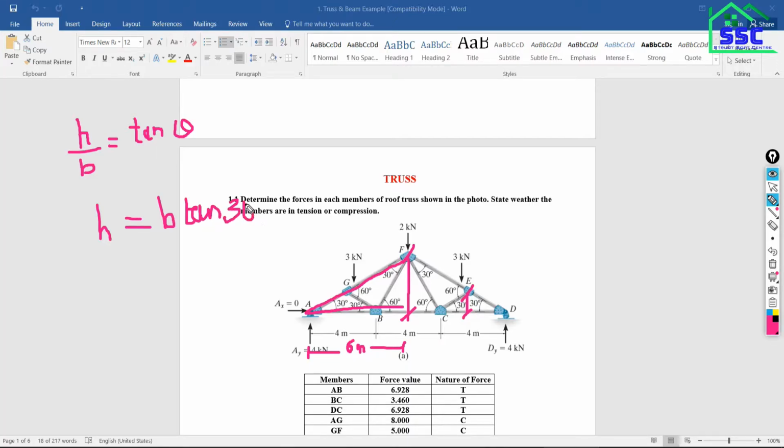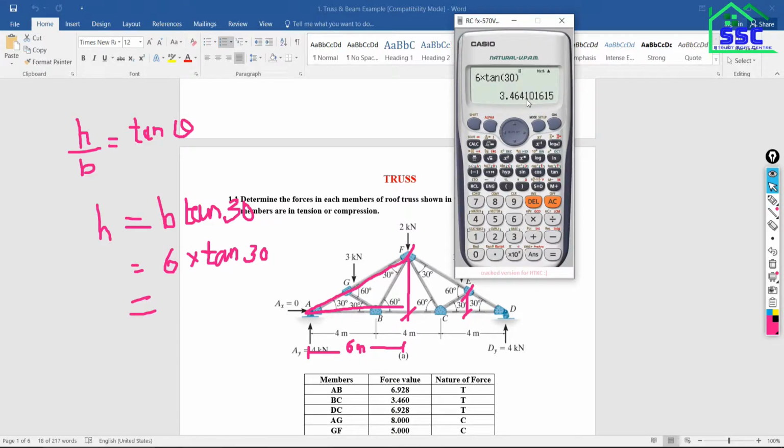B how much? 6 multiplied by tan 30. What is the answer? 3.464. Let it be 3.4641. Is that clear?